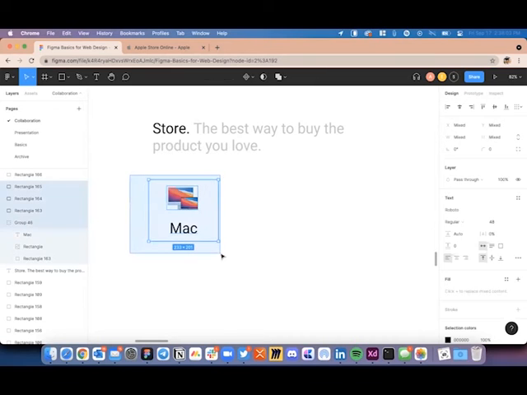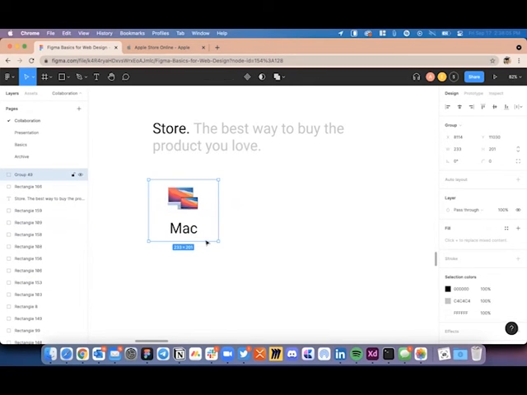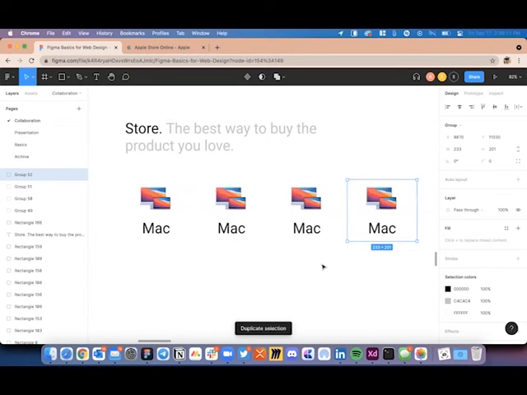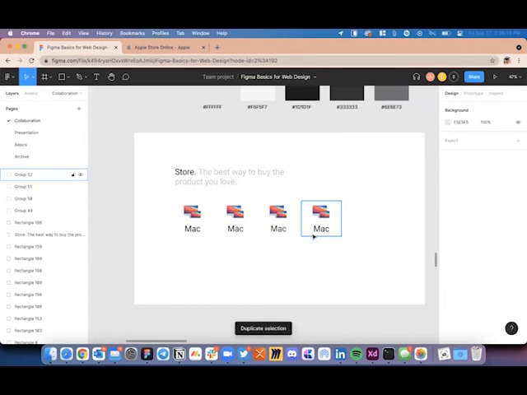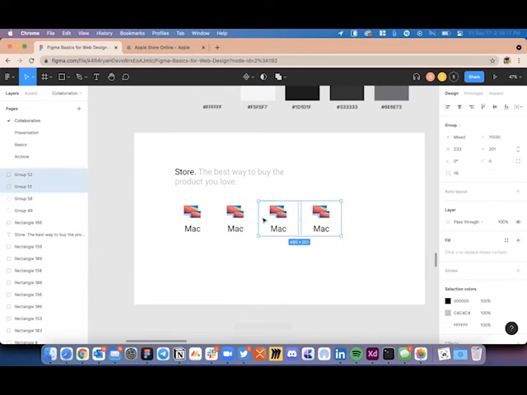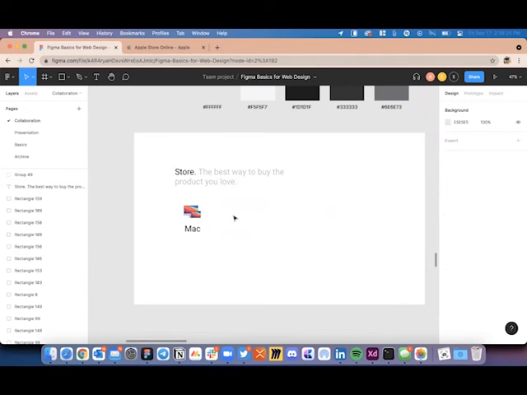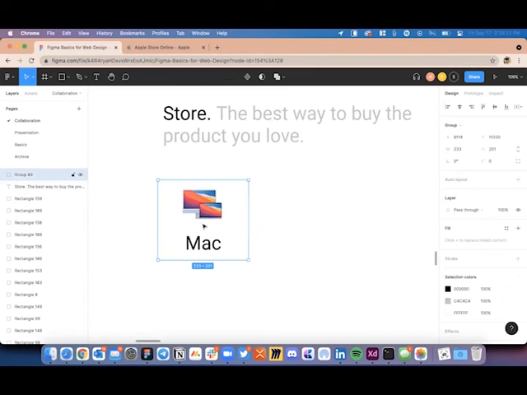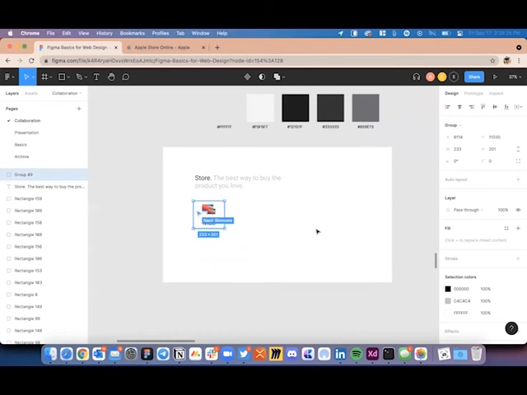And then we are going to create a group of this like this. Using Command D, we have made different copies of the same. Or you can just use Control C, Control V for this one. So Nazir, if you can go ahead and select this, use Control C, Control V and create multiple copies of it.